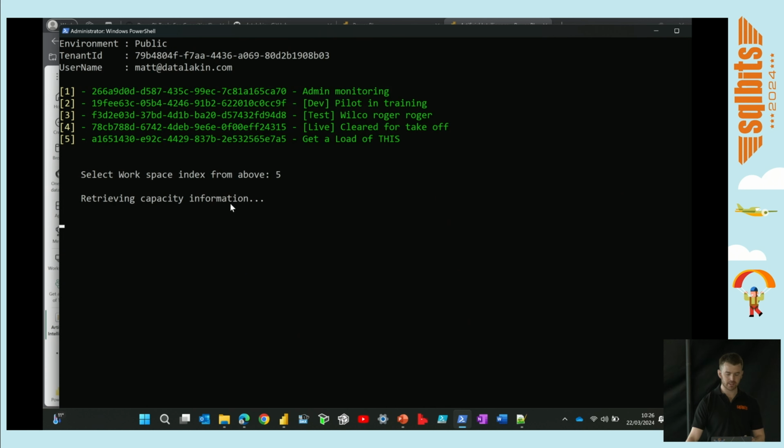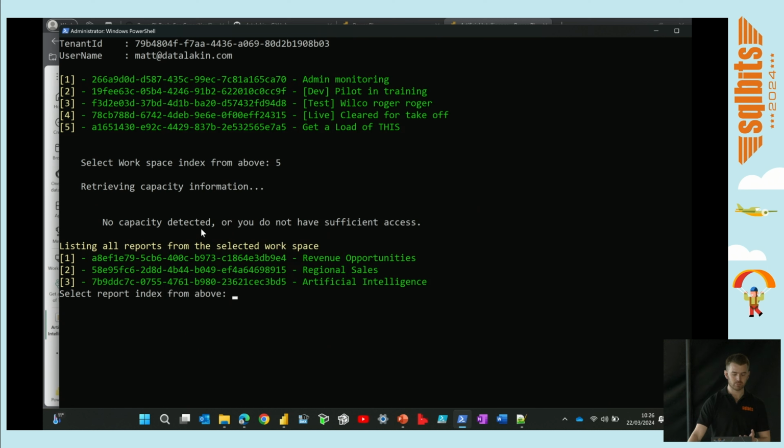And then this is the little bit that I've added in to the code, which isn't on the Microsoft one. It's going to go away and retrieve your capacity information. At the moment, I'm not running this workspace on a capacity, so it's just going to tell me there's no capacity. You're just running this as a pro user, so that's fine. As I'll show you later, you can run this, and it will show you your capacity if you are connected to one. So now I'm just going to select my report, and it's going to go away and do loads